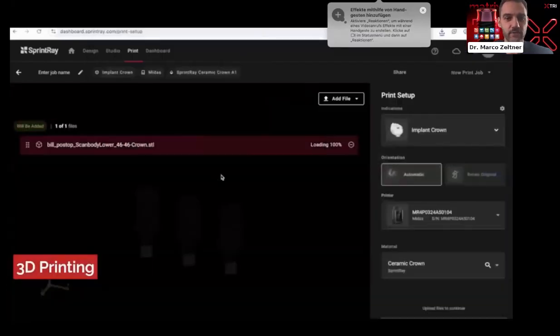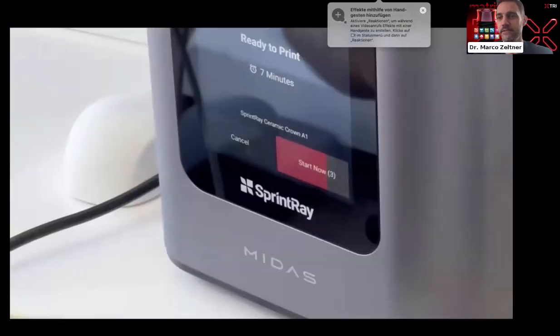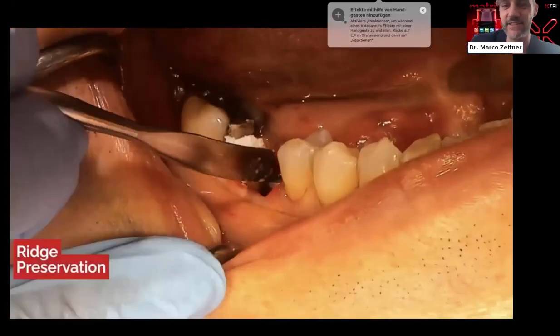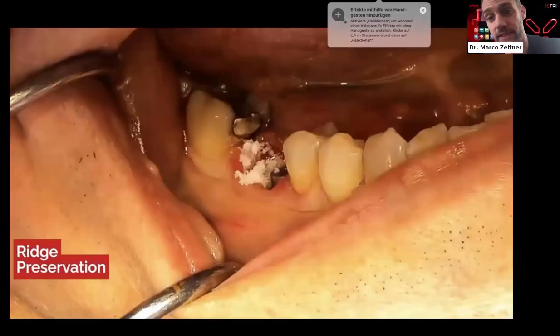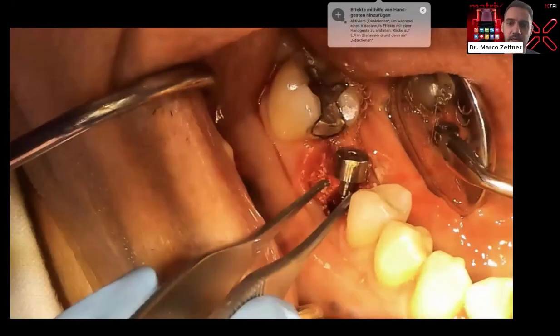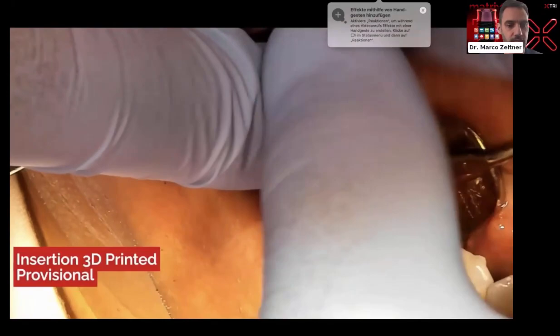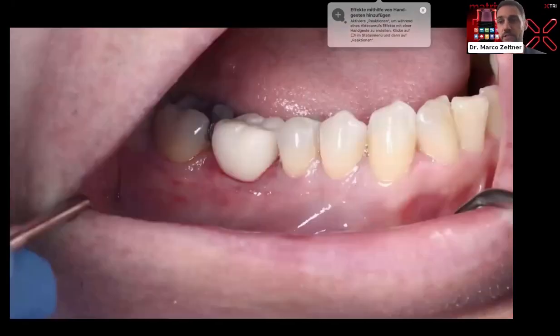You drop it onto the printer. Very easy. I mean, even I can do it, okay? And within 7 minutes, the crown is printed. During this time, of course, I take care of the alveolus. I will add my xenograft, remove the healing abutment, and here is my 3D printed provisional, which is again not